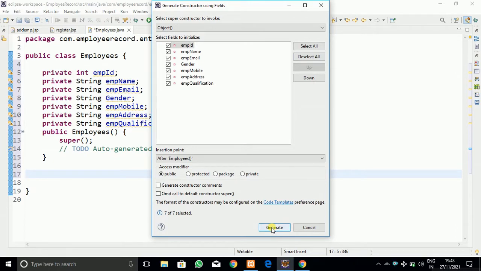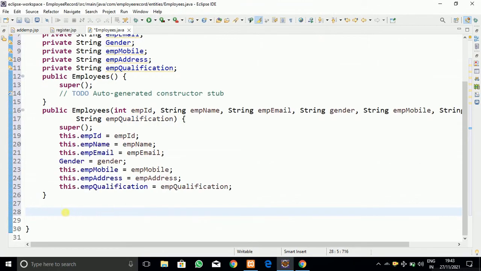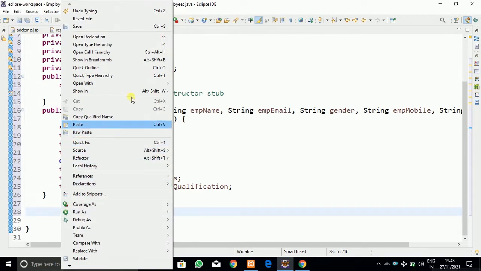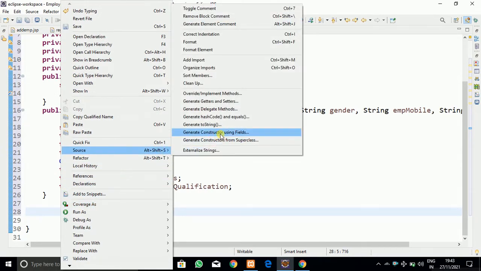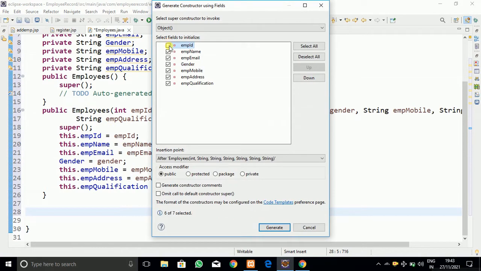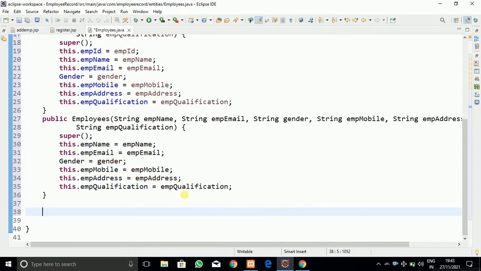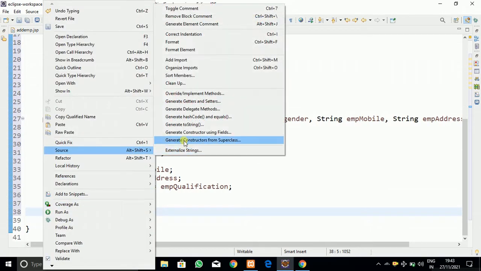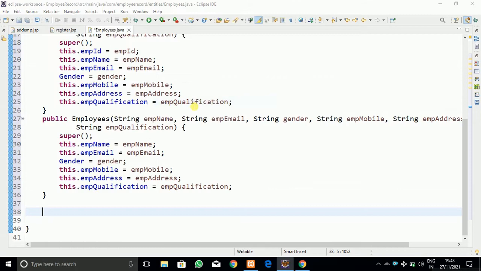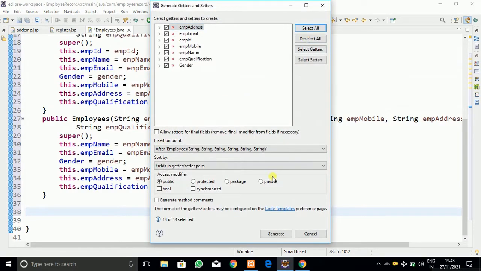I have selected all those fields and created the constructor, and then generate constructor using fields, and accept everything except the employee ID, which is automatically incremented, so there is no need to give it in that. And getters and setters for our fields we have to create.